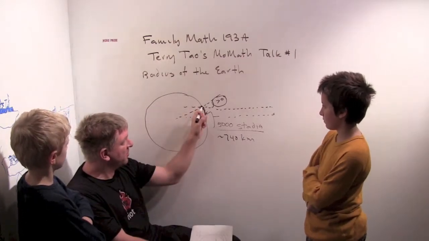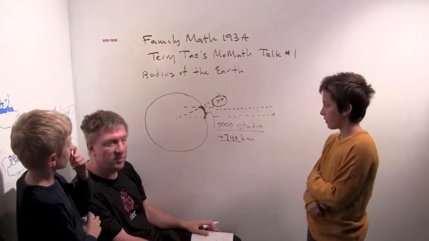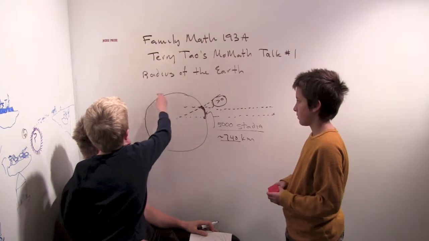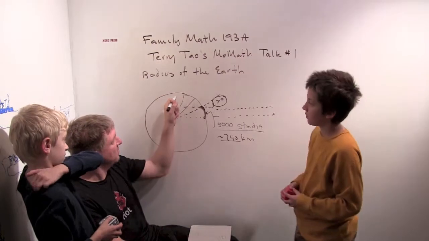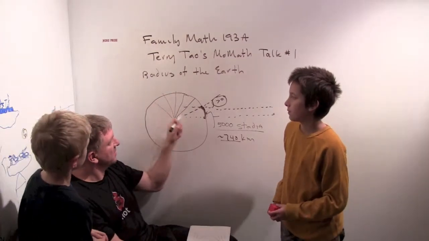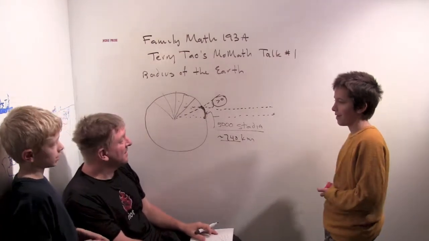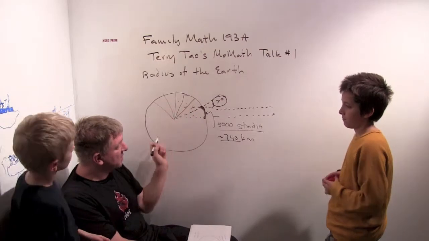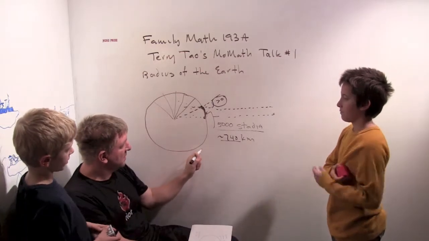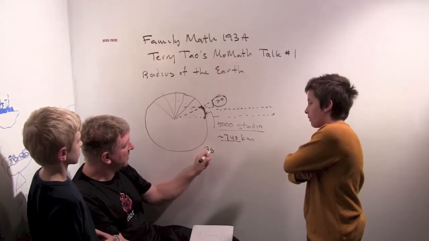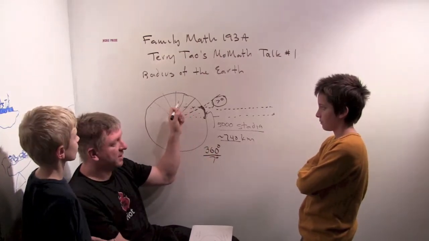How do you go from this part of the circle, being 740 kilometers, to figuring out the whole circumference? What do you do? You keep adding pieces on all around until you get the circumference. Very good. You keep adding these 7-degree pieces, and obviously I haven't drawn this accurately because it doesn't take 1, 2, 3, 4 seven-degree pieces to get to 90 degrees. It takes more than that, right? But we have to keep adding those 7-degree pieces until we get all the way back around. So we have to divide 360 by 7, and that's how many it'll take. So 360 degrees in the circle, divided by 7 degrees, is the number of wedges we're going to have.